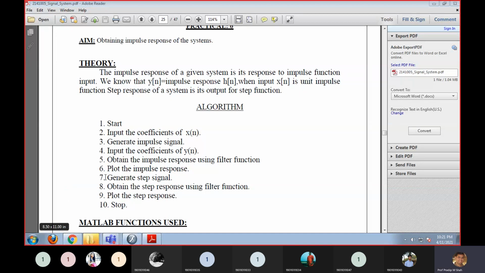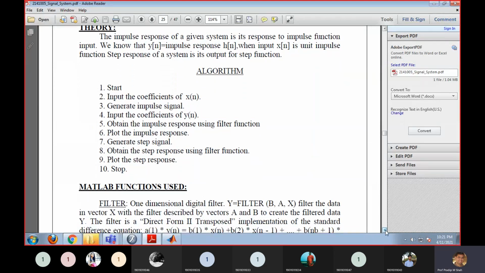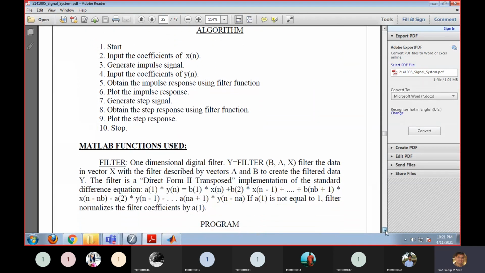Okay, so now I think we need to switch on MATLAB. Here on your screen, you can also see what function we have to use. So mainly for this program, the main function is the filter function.